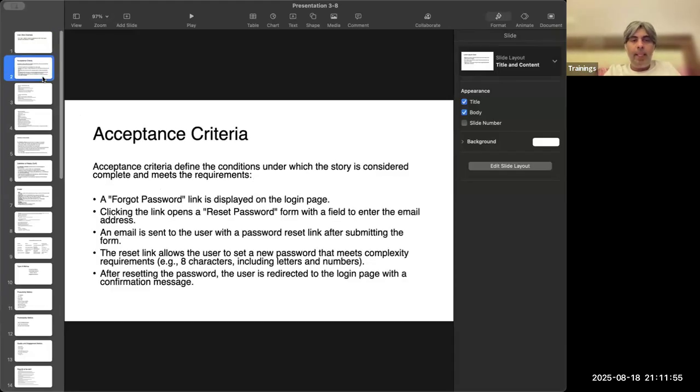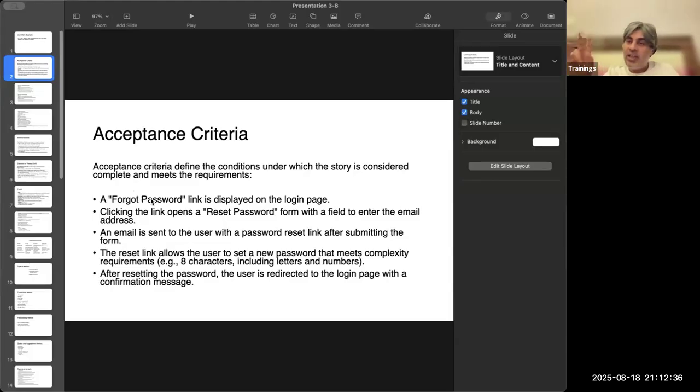Now, this is the requirement. But what is it that we are going to build? What is the scope of this story? The developers, the testers, the PO. These three people will sit together and finalize the scope of the story. So PO introduces a forgot password. First thing, so these are the business rules or the business functionality, what the customer is expecting from your product. So acceptance criteria is the working agreement between PO, developers and tester as to what they are going to build and test.